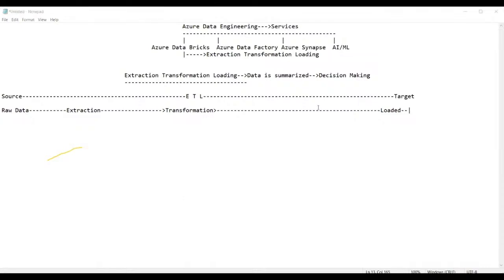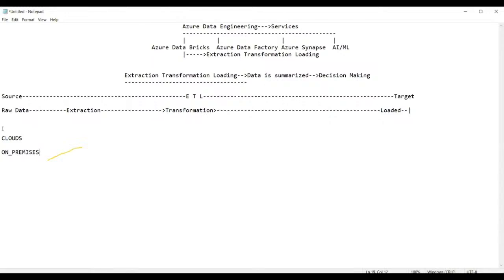Okay. So before we see some examples of how this process actually takes place, let us try to understand a few more things here, then we'll come back to this. Let us try to understand first of all what is a cloud, and what is on-premises. Then we'll come back to this.